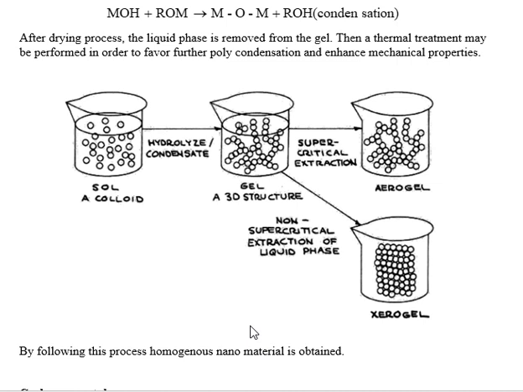In the first step, we got the heterogeneous solution, but afterwards, after forming into a gel and after the condensation process has taken place, we finally obtain nanomaterials with homogeneity. The obtained nanomaterials are similar to one another, with similar properties. So thus through this method homogeneous nanomaterial is obtained. This is about the sol gel method.